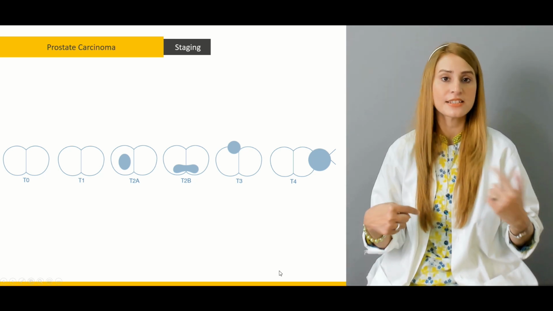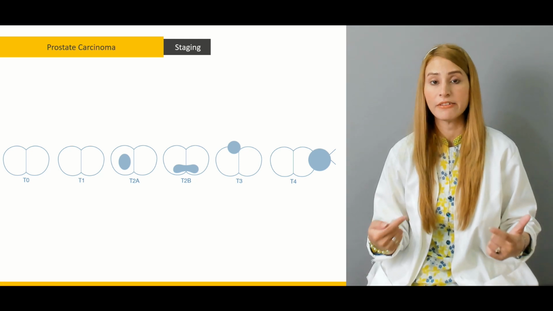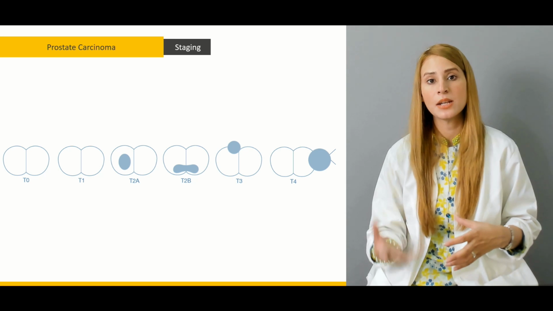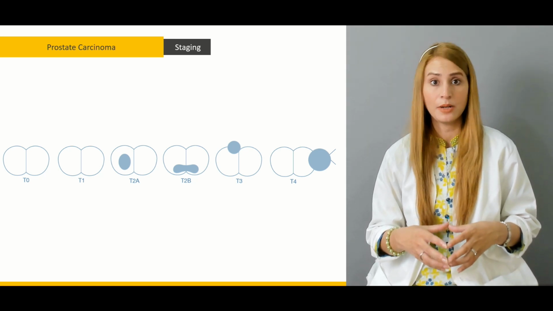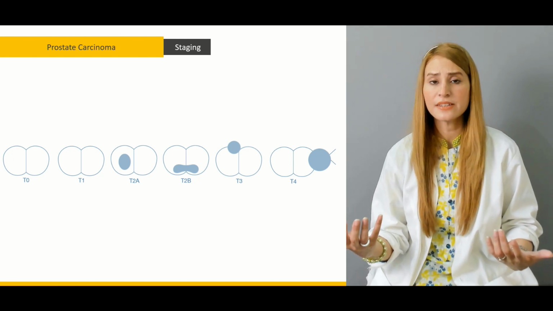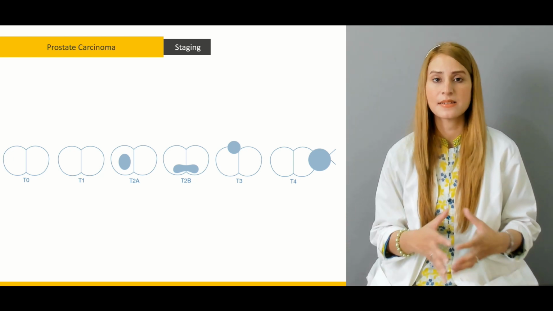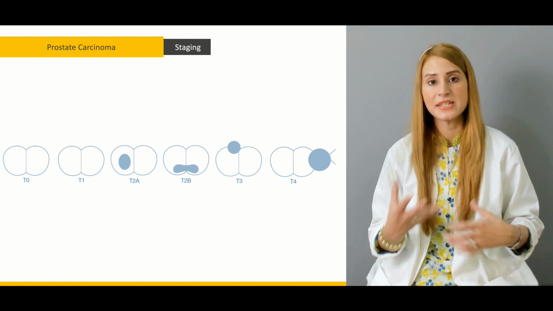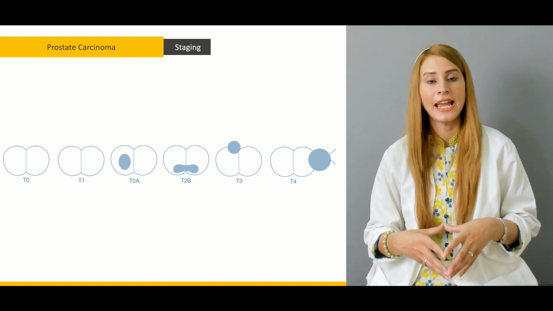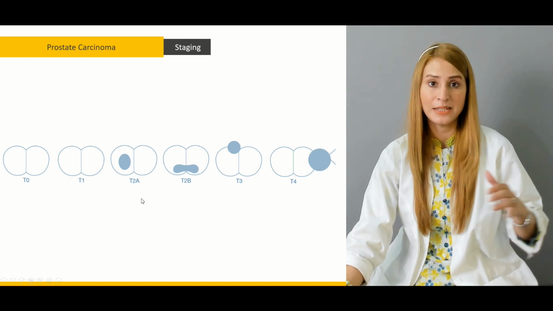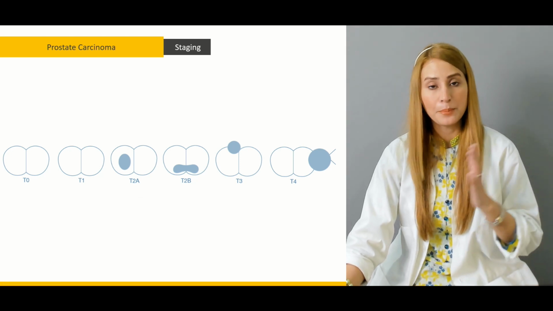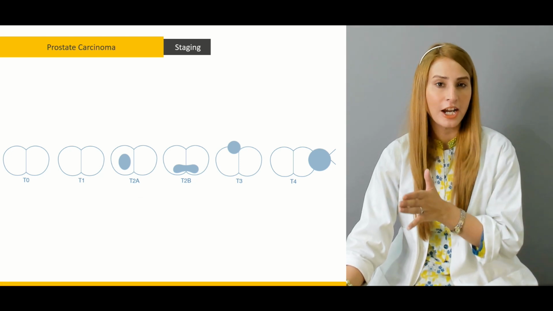So let me revise the staging for you, because this is something very important to know. T0 means that there's no tumor. T1 means that there is a tumor, but that's not evident. And whenever you are doing the TURP, and you're then sending this specimen for the biopsy, and the biopsy came out to be T1 stage of the prostatic cancer, and T1A, B, and C is if it's less than 5%, it's T1A, and if it's greater than 5%, that means